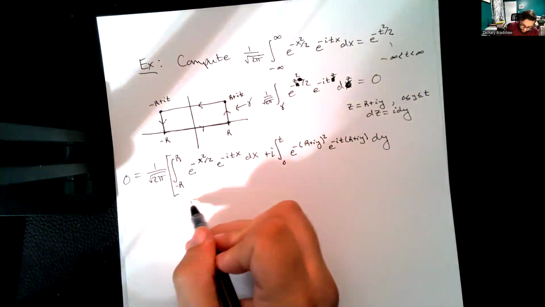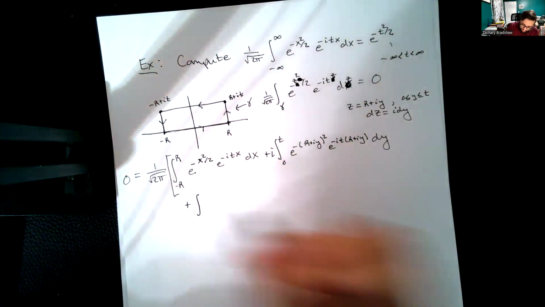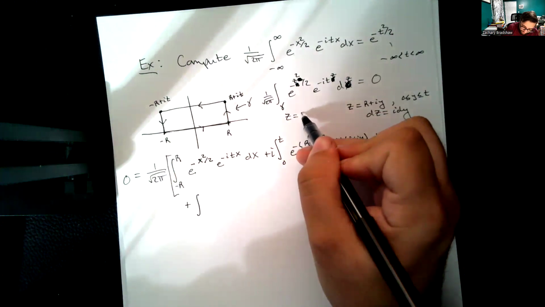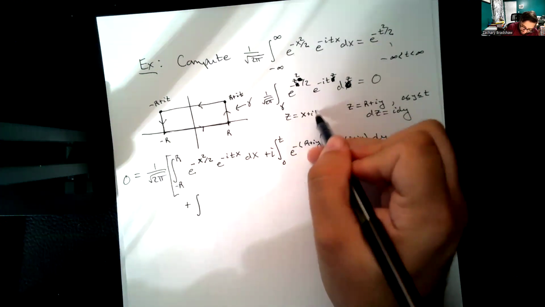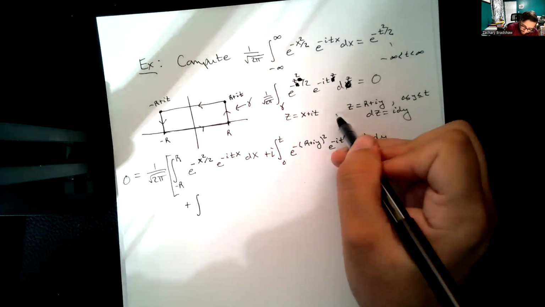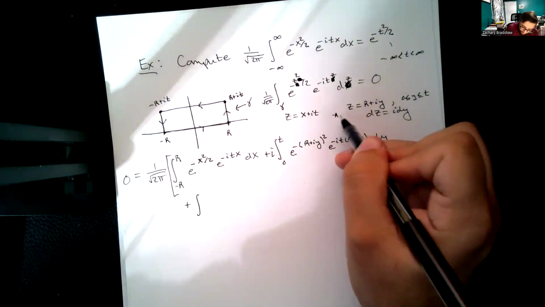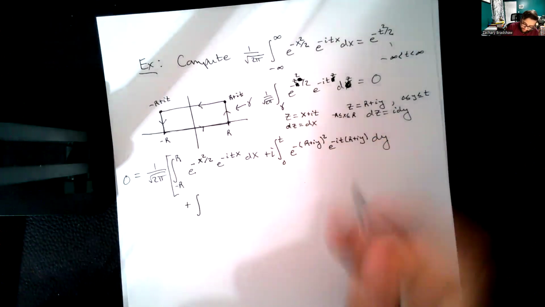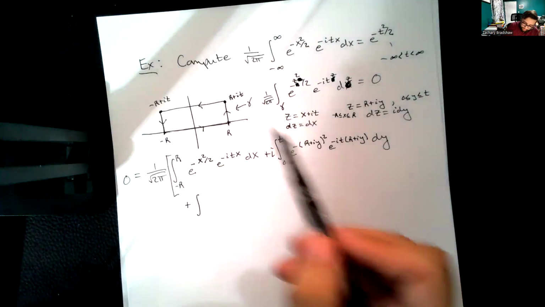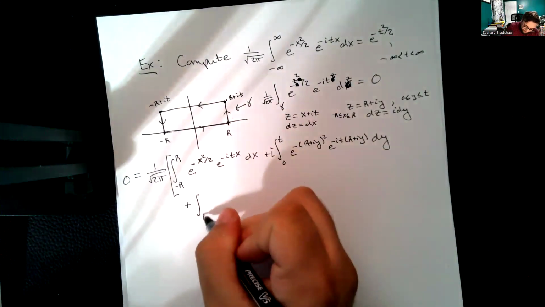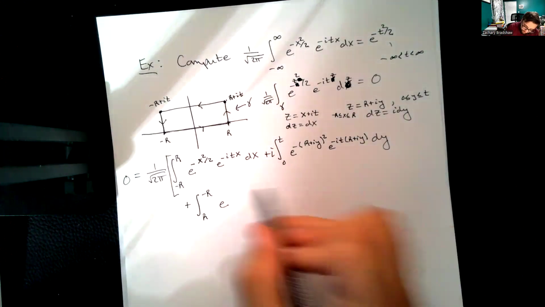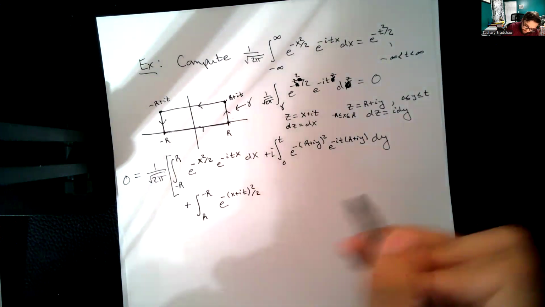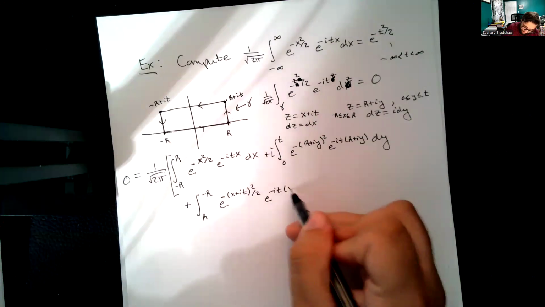Now I go this way. This is an integral, and now I'm going to parameterize z equals x plus it, where x is ranging from minus r to r. And now dz here is dx. And I'm integrating from r to minus r. Okay, so that's (x plus it) squared over 2, e to the minus it (x plus it)